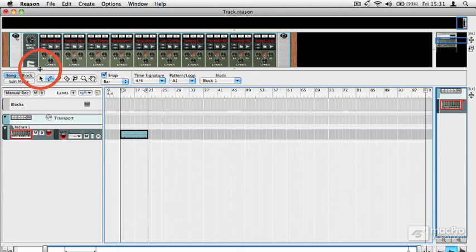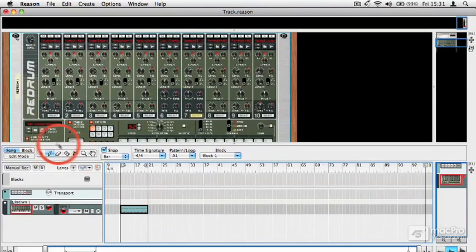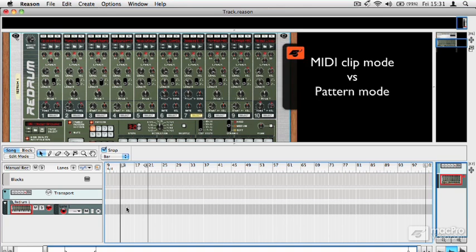I'll come out of edit mode. I'm just going to undo that and show you another way of doing it, because that gives us nicely editable MIDI notes that we can work with. You might not necessarily want to do that. You might prefer to work with pattern data, and that's a bit simpler because it gives you blocks of pattern data, as you will see,